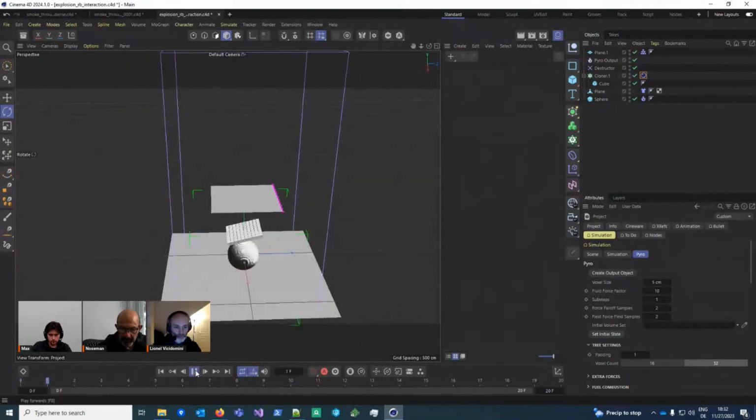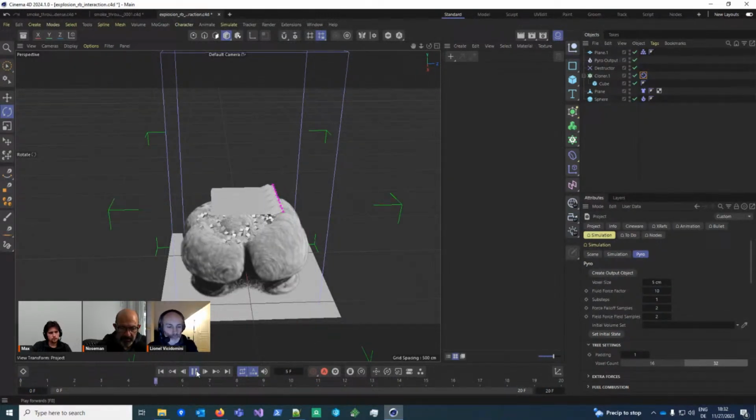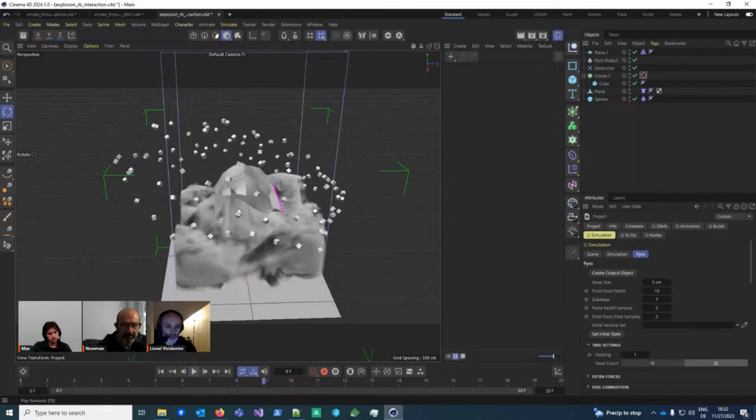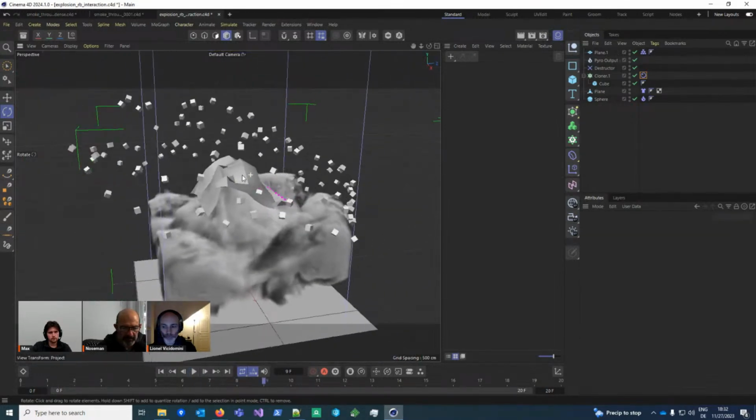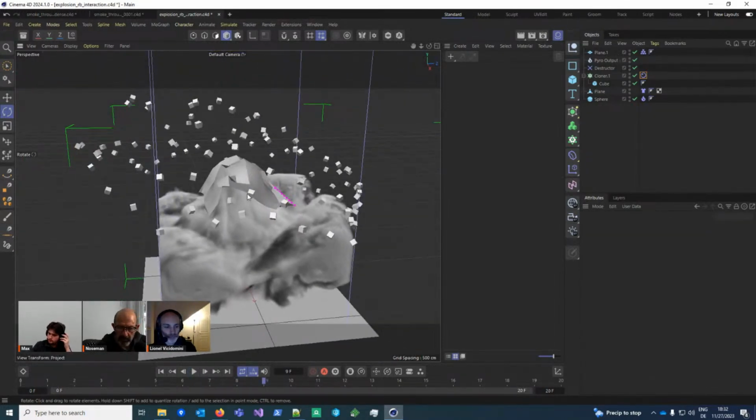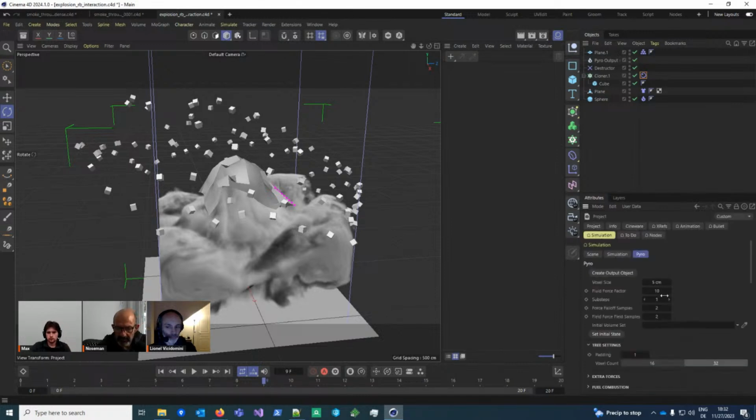That is a tip that I always have to say, because when you have interacting objects, if it's one object by itself, a piece of cloth or some pyro and all that, mass doesn't really matter. But when objects are interacting with each other, especially different types of objects, a rope with a cloth, with a pyro simulation, with rigid body and all that, make sure your masses are tuned to the right value.